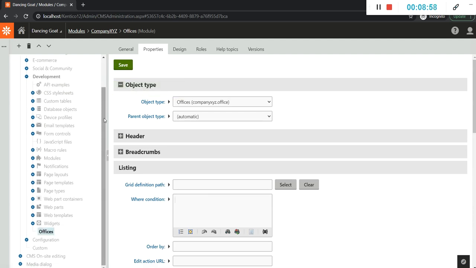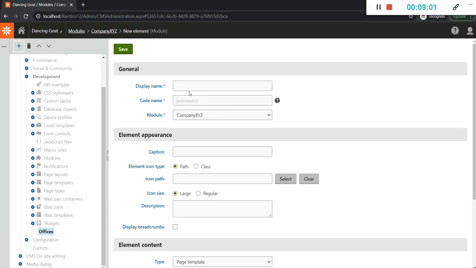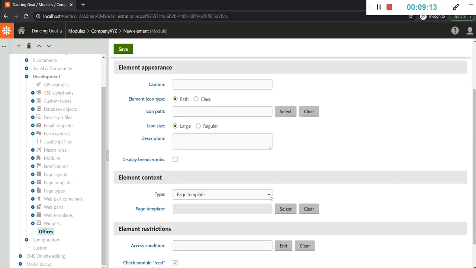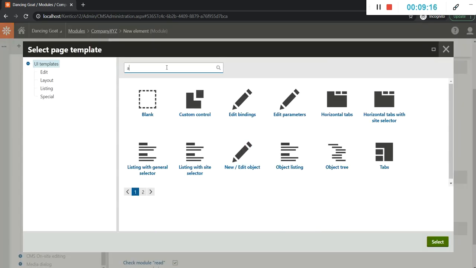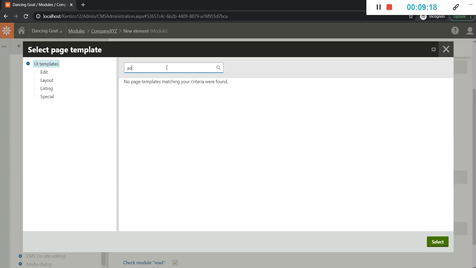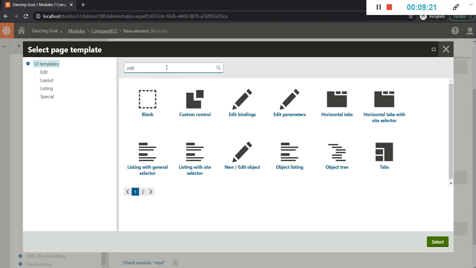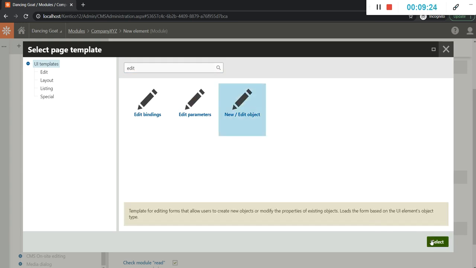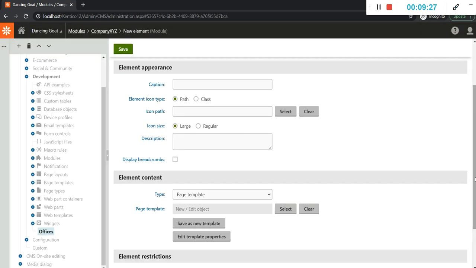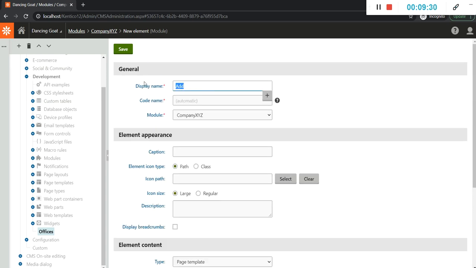Now we will be creating, inside this offices, add and edit. You can see company XYZ is already there. Let's select the page template as new, otherwise it is not going to work.